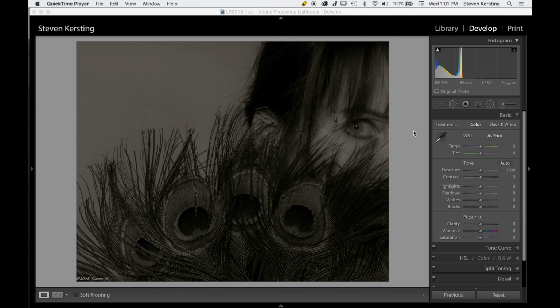So an image in Adobe RGB will be displayed correctly in Adobe RGB. ProPhoto will be correct. JPEGs and sRGB will be correct. Lightroom, as long as it's tagged, can apply the correct color space. So I should be seeing this as you saw it when you were editing, except for calibration and screen brightness